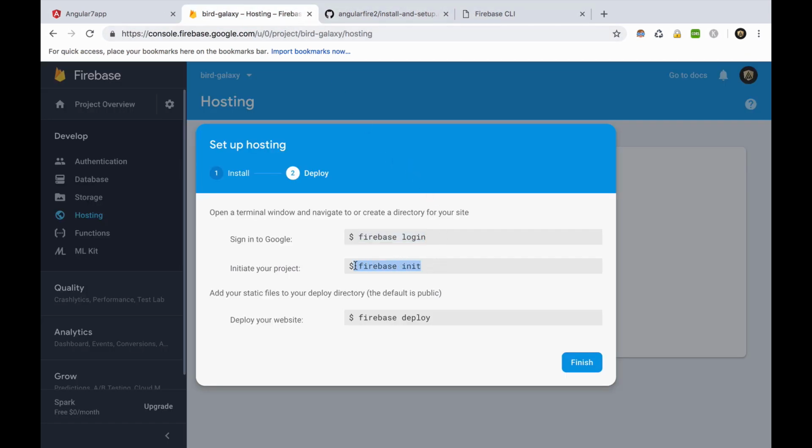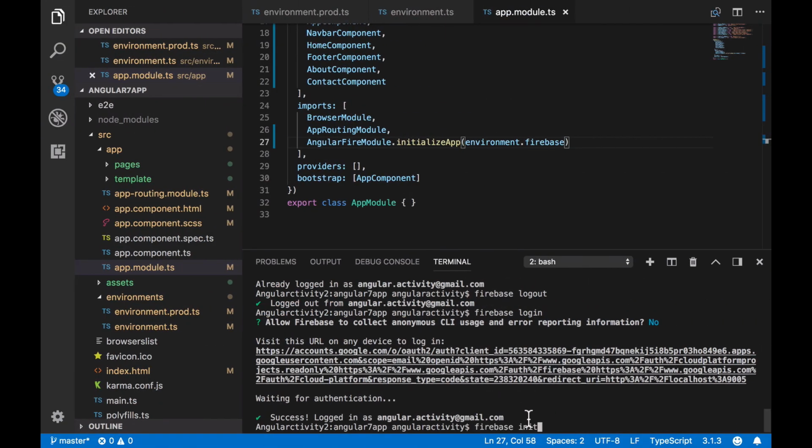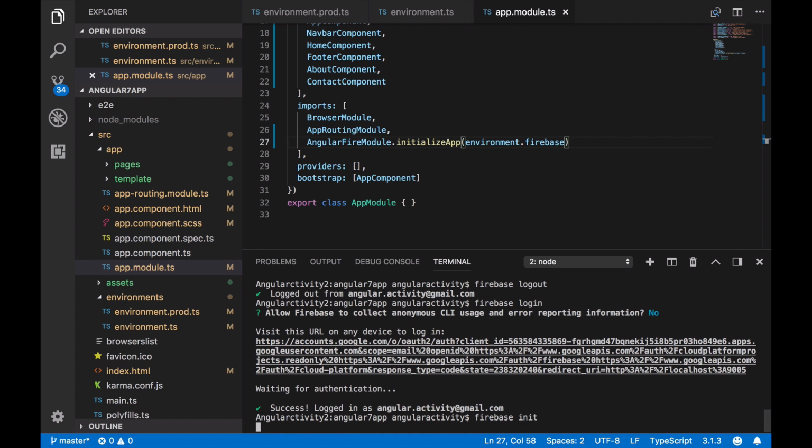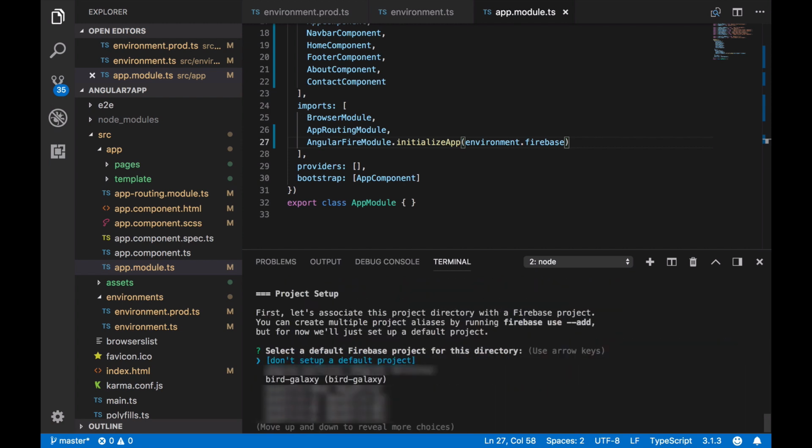The next step is to initialize our project. Now we run firebase init and we choose hosting to deploy our application. Now we have to select our project, which is Bird Galaxy.